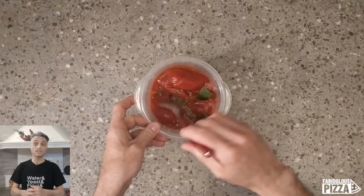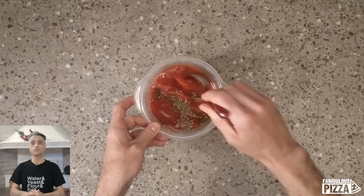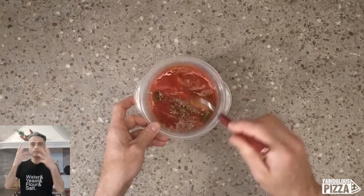Ideally you want to make it at least a couple of hours in advance, so the flavors blend together nicely. You can also make it the previous day. In this case, you have to keep your sauce in the refrigerator. Now, as I mentioned, traditional pizza sauce is not cooked, but if you don't like the rawish taste, you have my permission to cook it